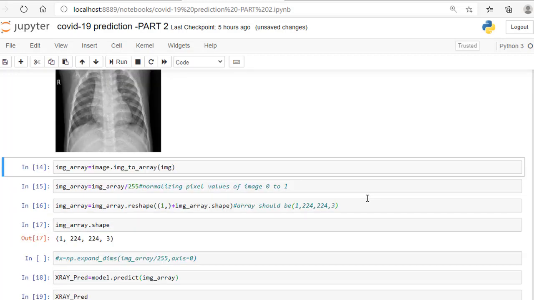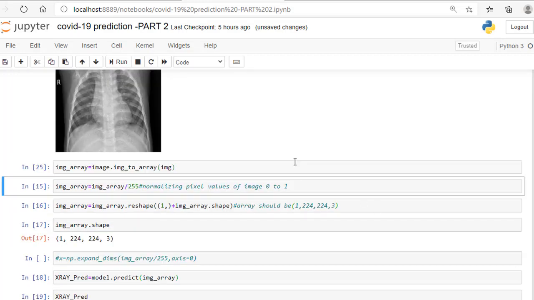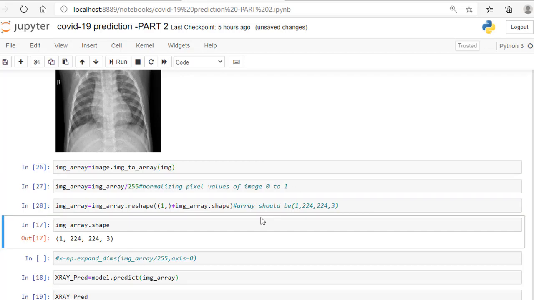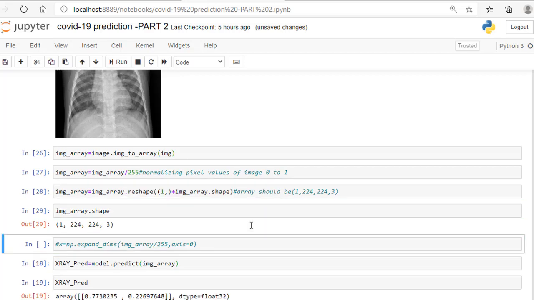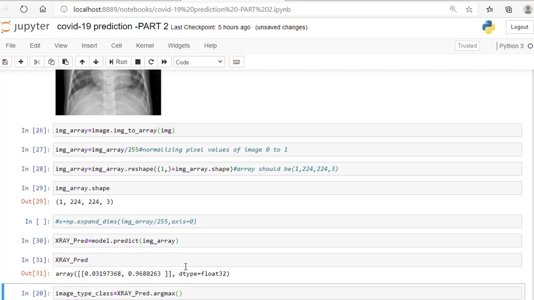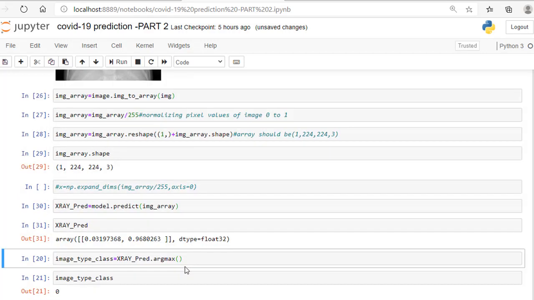I am converting my image to an array, normalizing it, reshaping my image to the required shape, and then I predict. See, here I got the first value, the COVID value, as 0.03 and the second as 0.96.